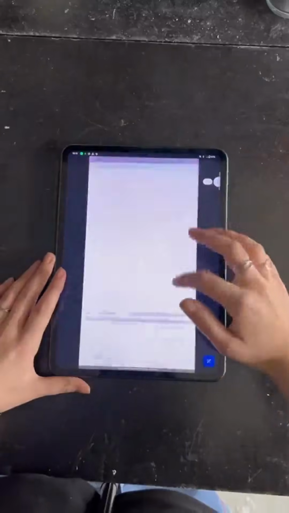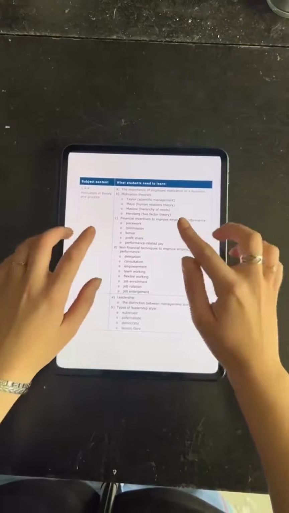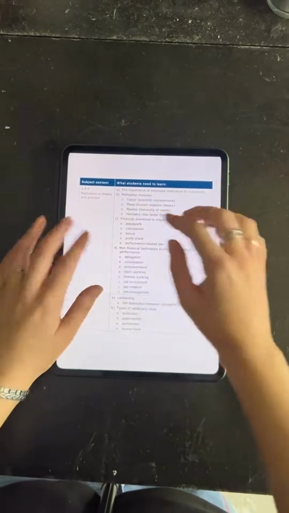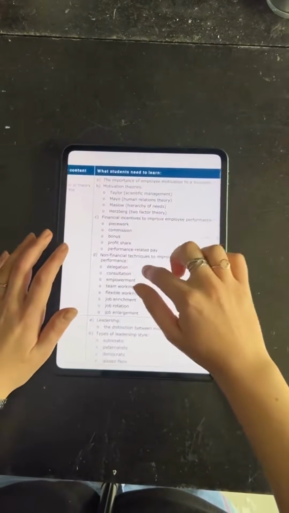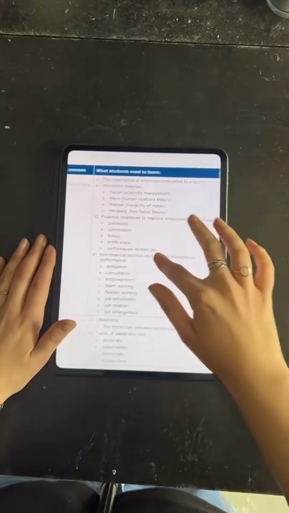So for the example, I'm going to use A-level business. You should be able to follow this if you're doing GCSE business as well. I'm going to blurt motivation. Now, as you can see, this is an entire specification point. You have the different theories, why it's important, financial incentives, non-financial incentives, so on. This is everything that you need to know for this topic, so this needs to be the contents of your